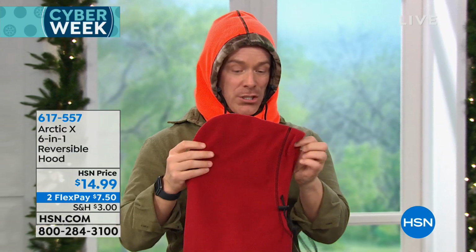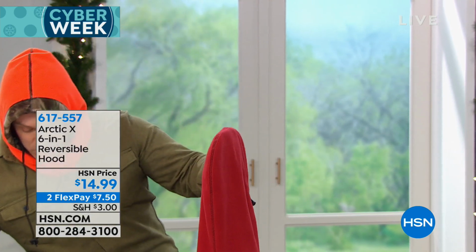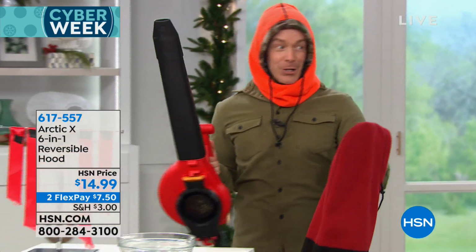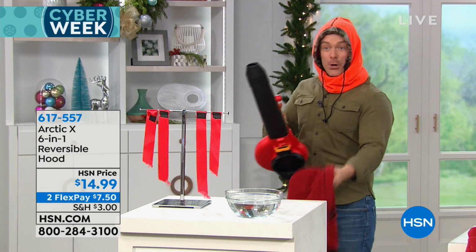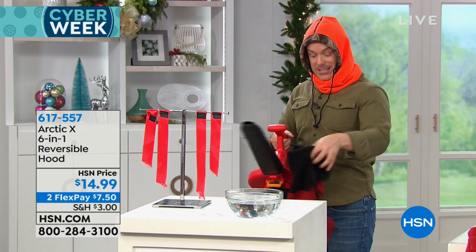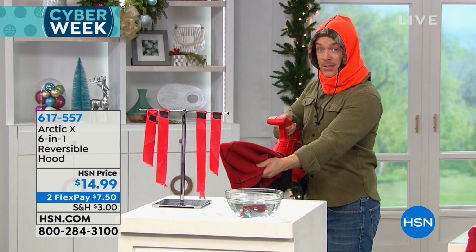And I'd love to show you just why this is important. It's the construction. It's the 2 layers of fleece, which makes it reversible, but it's what's between those 2 layers that protects you from the wind and the moisture. I'm gonna show you exactly how this works. We can all relate to a good gust of wind, right? So look at this wind. Okay, I'm gonna put on my Arctic X, and I want you to realize this is the 6 different ways I can wear it, but just by pulling it out of my pocket,